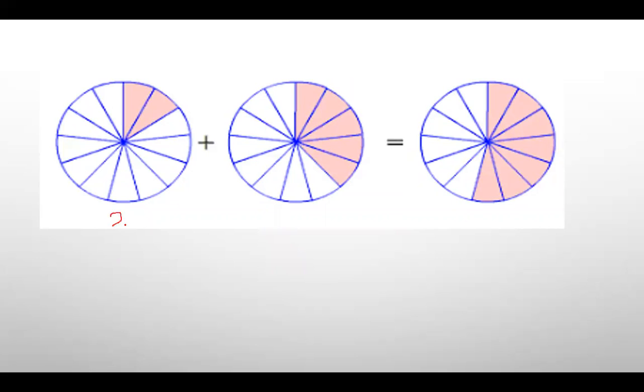That means the child has painted first 2 parts out of 13 parts, then painted 5 parts out of 13 parts, then we have put it together. Putting together means addition. That means we are adding the like fractions. So your answer is, how many total parts have been painted now? It is 7 by 13. So children, when we are adding the like fractions, it means we are putting fractions together.